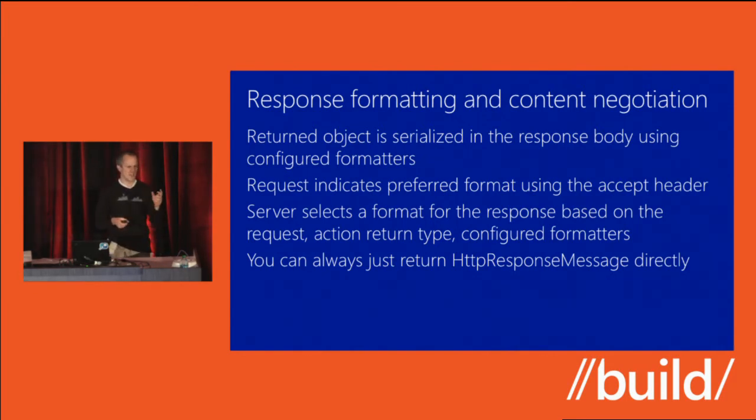And that basically means the client has the option of sending you an accept header that says, if you have it, I'd really like this data in JSON. Or I'd really like this data in XML. Or I'd really like it preferably in JSON, but if not that, then XML. And you can say very complicated things in this header. ASP.NET Web API will just take care of that for you and pick the right formatter based off of the ones you've got configured.